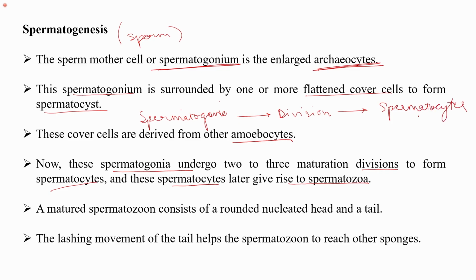These spermatocytes then later give rise to spermatozoa. A mature spermatozoon consists of a round nucleated head. So they have a round nucleated head and they have a tail. So this is the structure of a mature spermatozoon, and the lashing movement of this tail helps the spermatozoa to